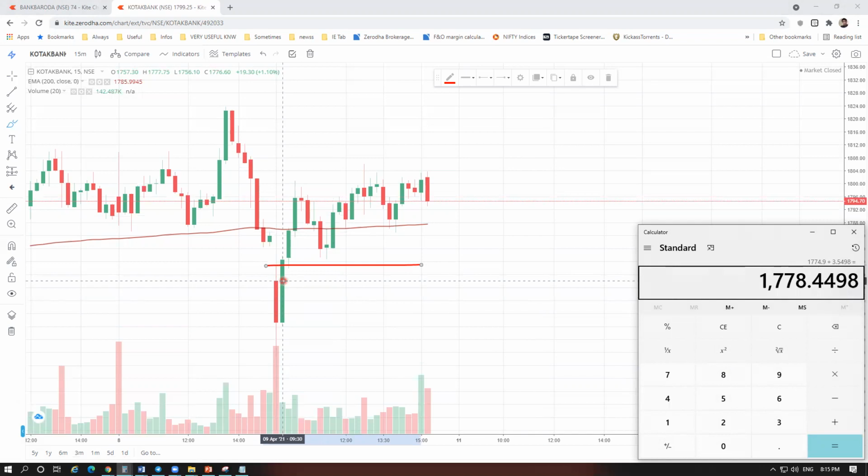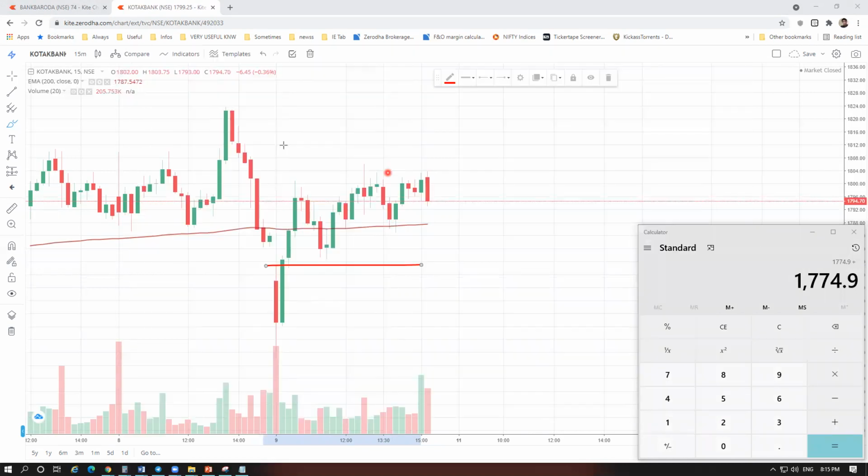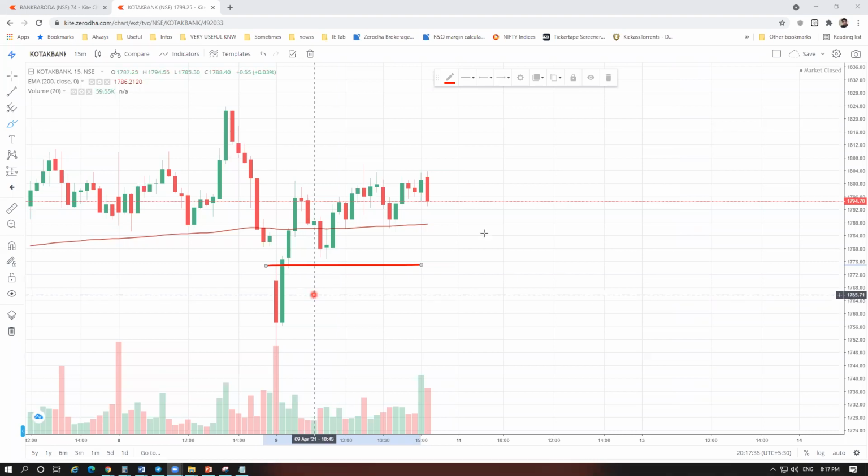Let's see. Oh, sorry. Here, the second candle. Okay, 1777. Actually, the high is not broken. 177.490. And the second high. Actually, the Zerodha chart has some issue because the charting is showing us a different picture. One minute, let me shift to the charting. I will show you. Basically, charting also says the same.